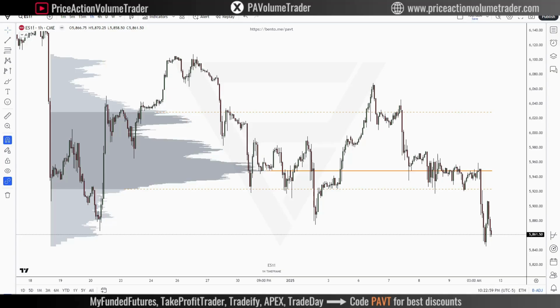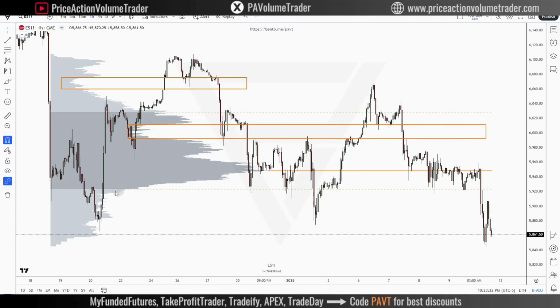And if you see what I talked about, rejection areas in the low volume nodes, for example here, we can see volume dropped off here, and you can see this was an area of support that got broken. So usually at the low volume node areas, you're going to see that price doesn't spend a lot of time in these areas. These are areas where price is either going to reject from or is going to trade through